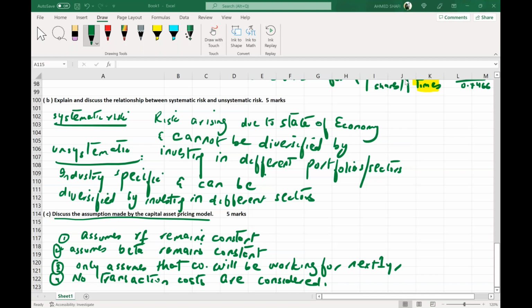Investors hold a diversified portfolio. CAPM assumes investors have a diversified portfolio, so they are not facing any unsystematic risk. The only risk they are facing is systematic risk. CAPM cannot handle unsystematic risk. It assumes unsystematic risk is finished due to diversification, so we only have to deal with systematic risk. Okay, these are coming straight from the text. If you have gone through the text, you will have definitely seen them. So this ends this question. You can copy and ask any questions.